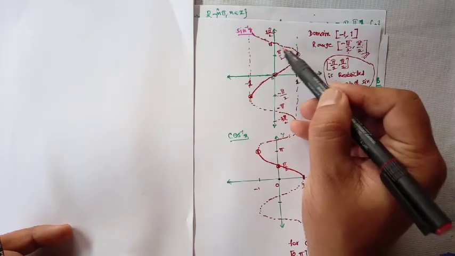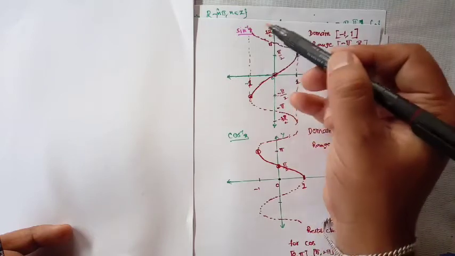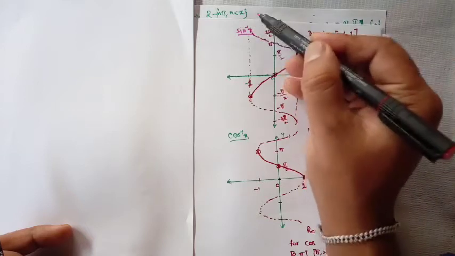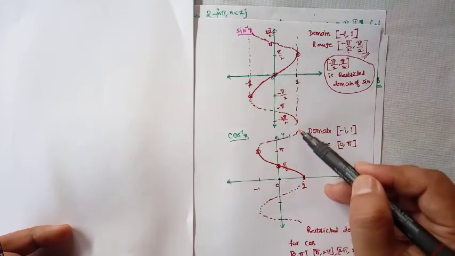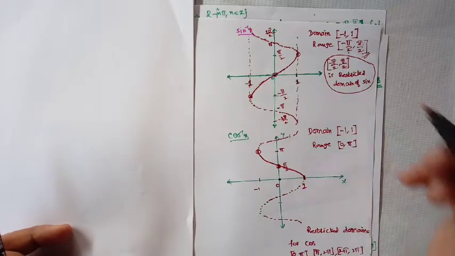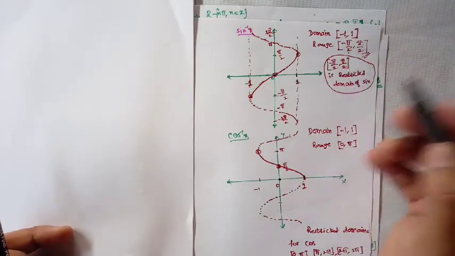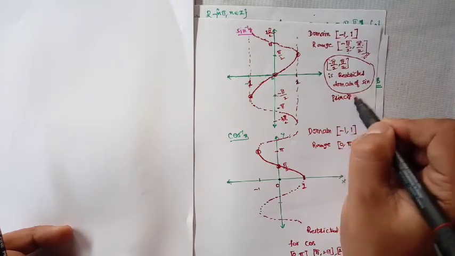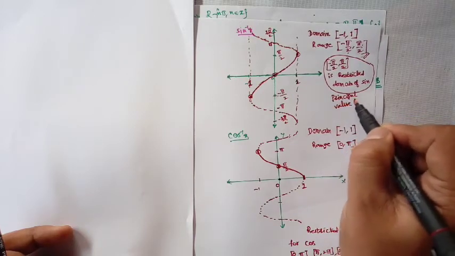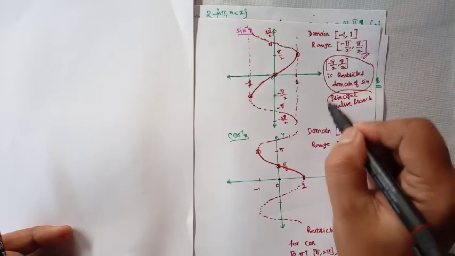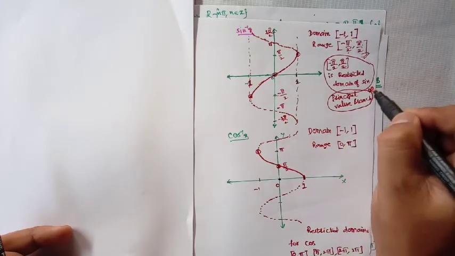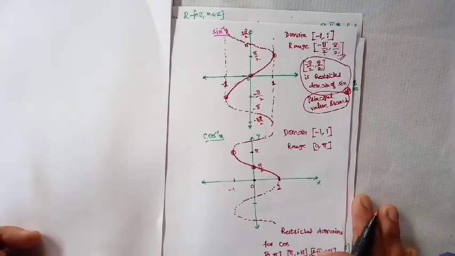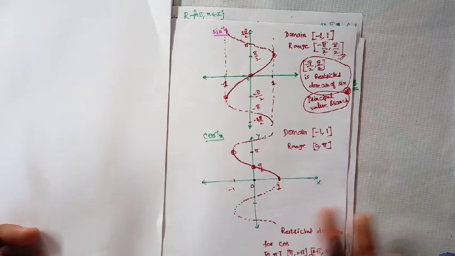And extending it for the other domains, pi by 2 to 3 pi by 2 can also be taken. So from here to here it will become, and from here to here it will become, and so on. As we make it minus pi by 2 to plus pi by 2, we consider it as the principal value branch. So minus pi by 2 to plus pi by 2 is considered as the principal value branch. It is very important to understand why we are taking minus pi by 2 and plus pi by 2 only.